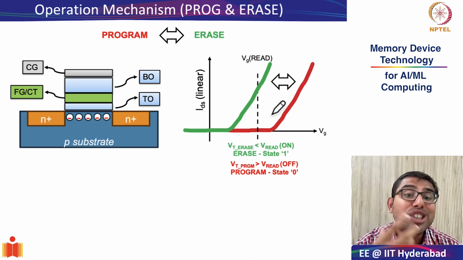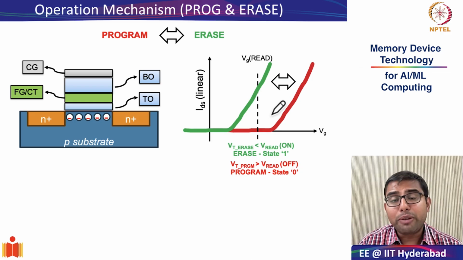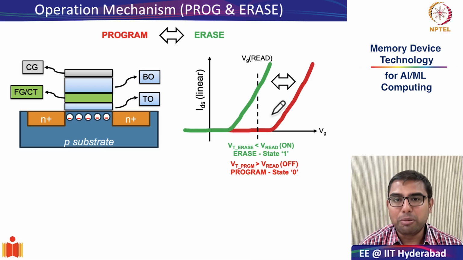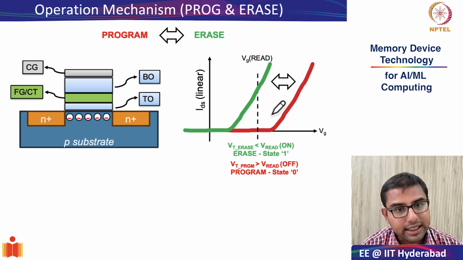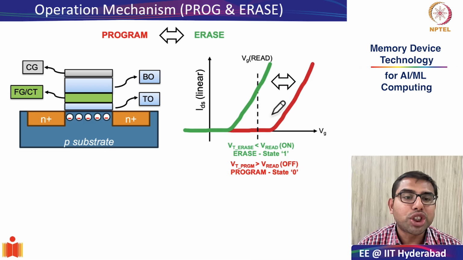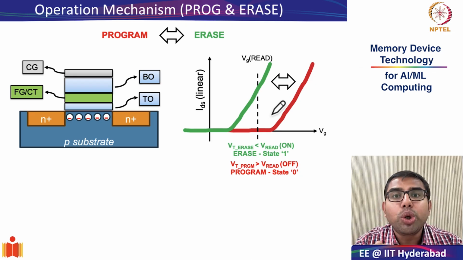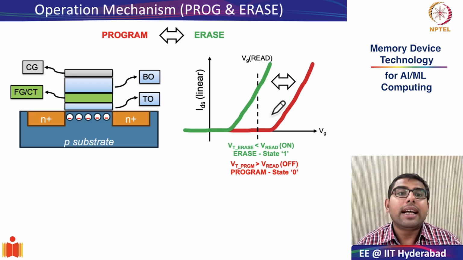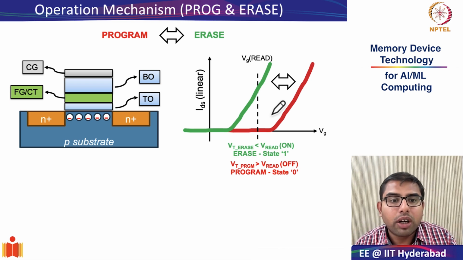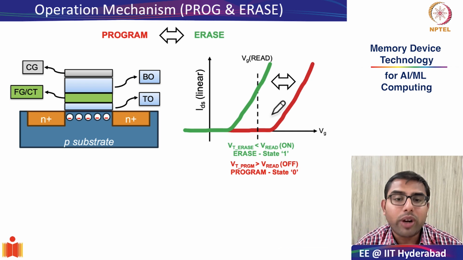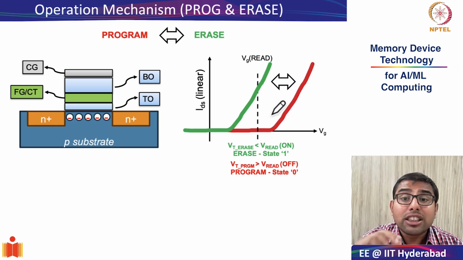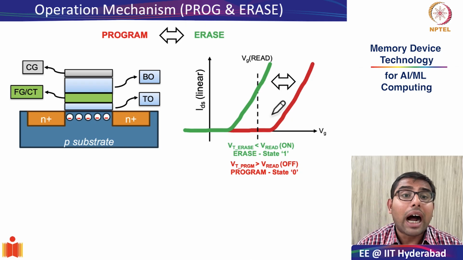In this specific case it behaves more like a storage device. Why does it behave like a storage device? What is the meaning of a storage device? That means it has non-volatile operation. The meaning of non-volatile operation is that once these charges are trapped into the charge storage layer, until you actively do something at the control gate, they will not get detrapped. So as long as you don't do an erase operation, the electrons will stay trapped in the charge storage layer for a very, very long time. This is the meaning of behaving like a storage device.